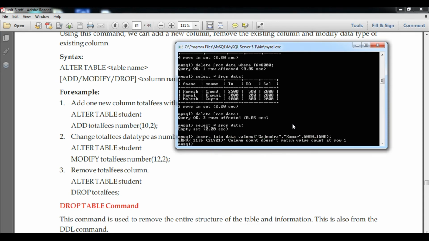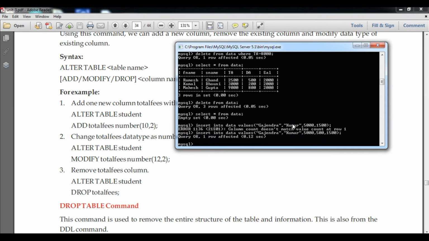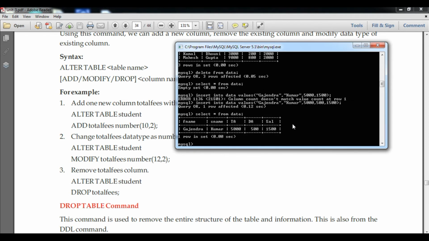Okay, and after that the terminator. Here I missed one column: DA will be 500 and suppose TA is 1500. Now you can see the data has been inserted. If I show you the data again, you can see one record in my data table.